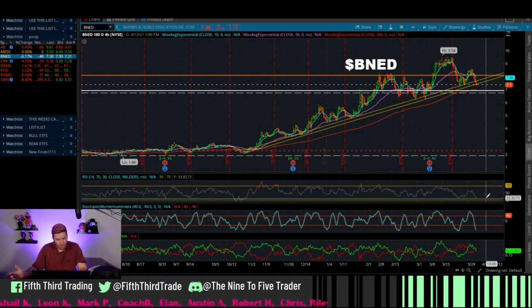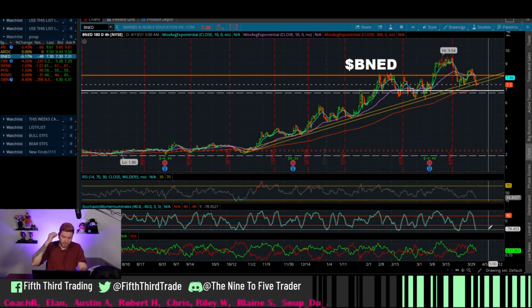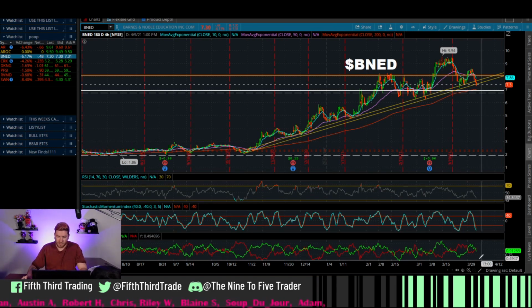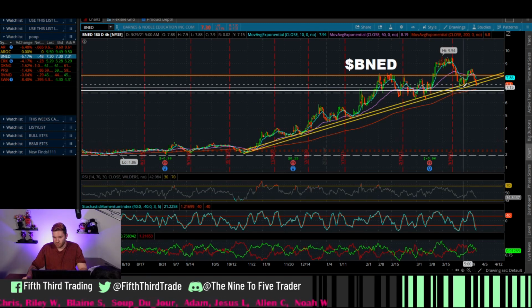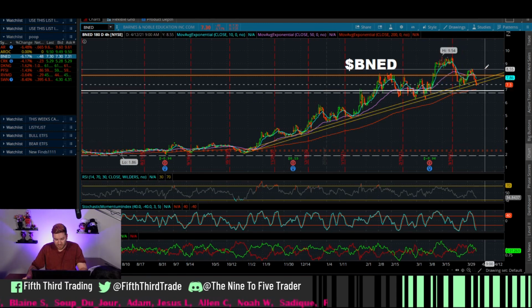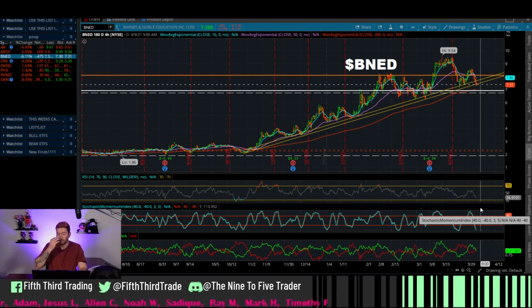RSI, dummy low, right where you want it, looking great. Stochastic looking dummy low, exactly where you want it. In the Vortex, I think this may continue. Bulls could come down a little bit farther. They've been on a huge run up. They ran up almost 20%. It's coming back down, and the bears could become oversold, or sorry, overbought. In two or three days, if this continues to drop off and hit that 200 EMA line around $7,